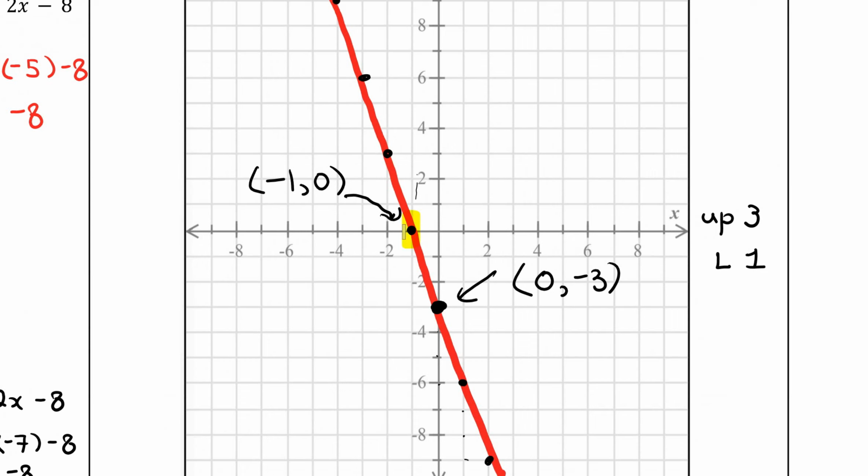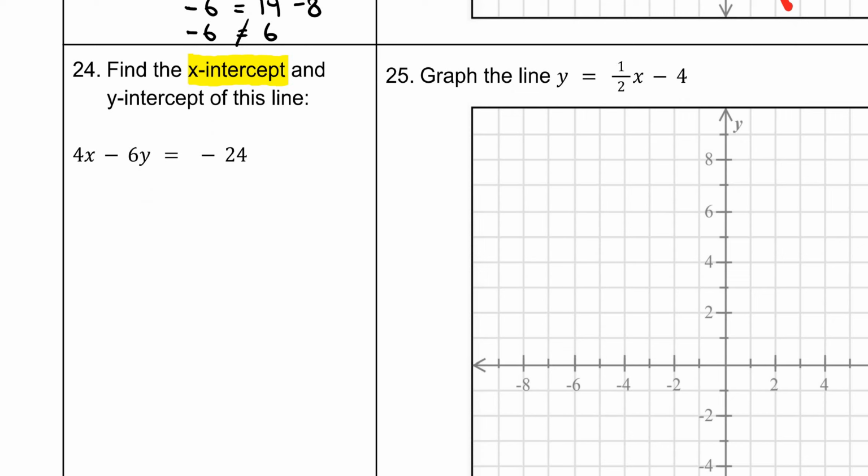Here's my x-intercept there. When you have an x-intercept, you have to notice that your y value is equal to 0. And when you have a y-intercept, which is over here in green, you should notice that your x value is equal to 0. Okay, so those are two facts that you need to know to find the x and y-intercepts. So if I want to find the x-intercept,